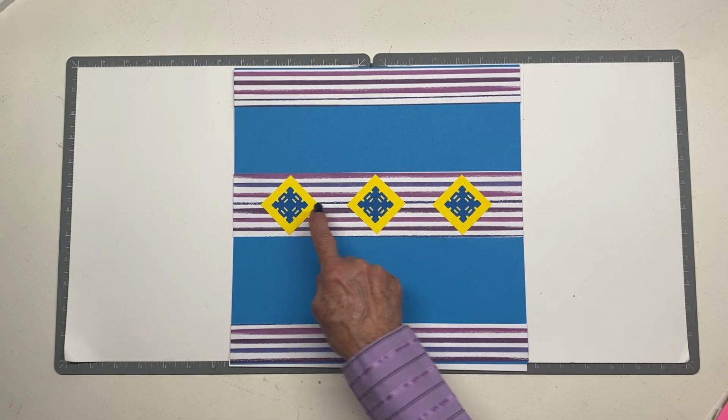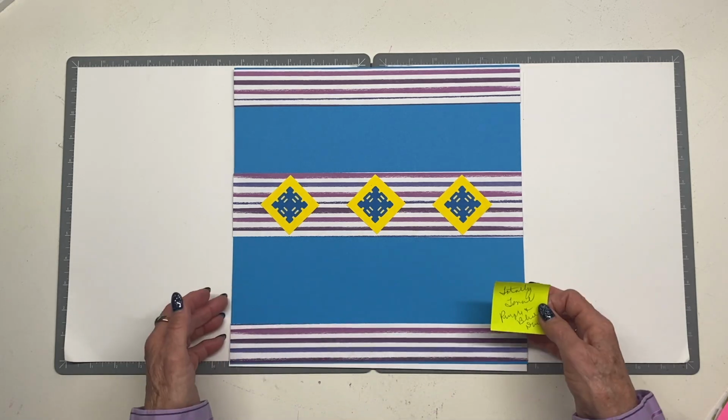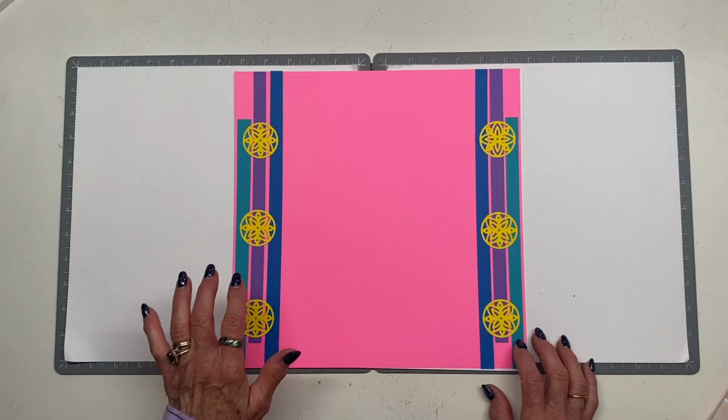And then this is that little square tile, which just adds another little touch. And this is totally tonal, purple and blue. Single page. Here's another single page, and again, I wanted to add, this time I used the paper to make